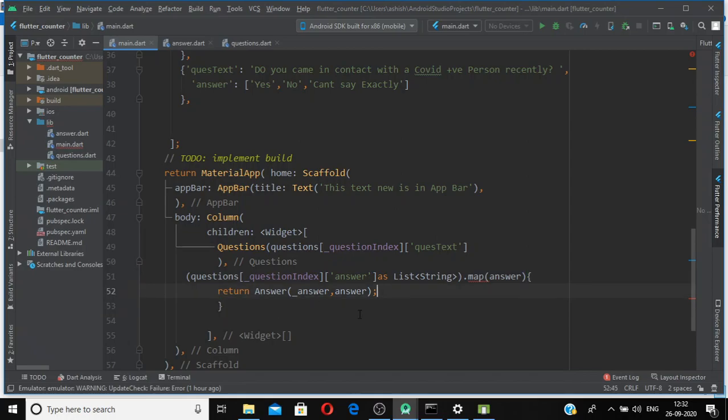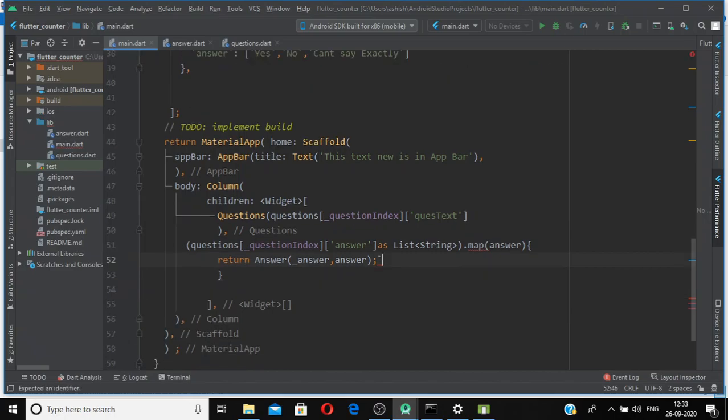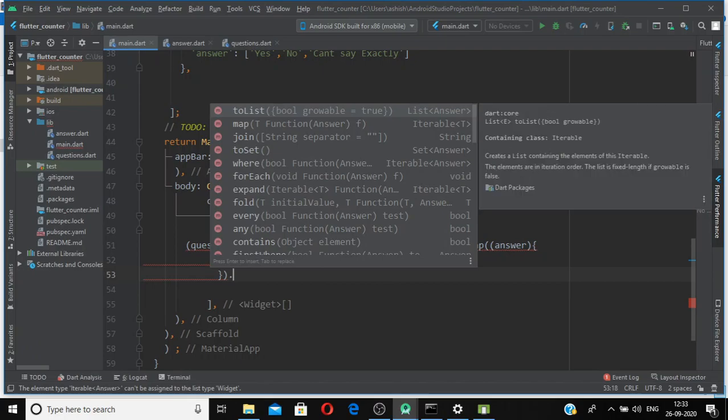This is a complex code scenario. If you see, we have a map here which returns a list of widgets, and we need to explicitly tell that we want a list of widgets.